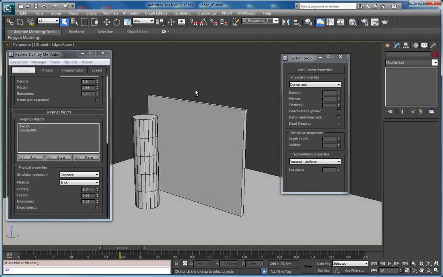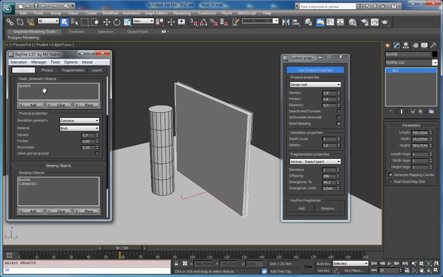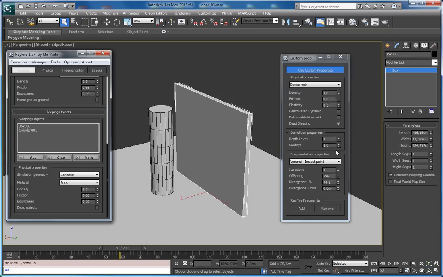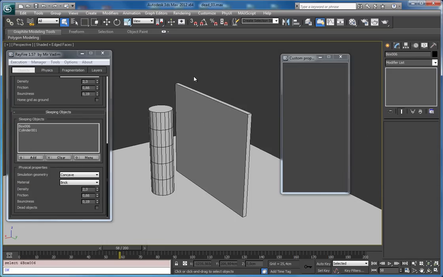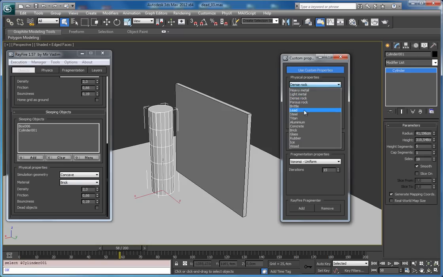Now I can select different objects and turn on custom properties for each of them. So I will select this wall, check on use custom properties button, and turn on this dead sleeping checkbox. Also, you need to be sure that object is in sleeping list, because if it's in another list, this will not work. It should be here, and the checkbox should be on. Also, I will use custom properties for the cylinder as well. As you can see, there's this brick material. In this case, it will work only for the cylinder, and I will use, let's say, steel